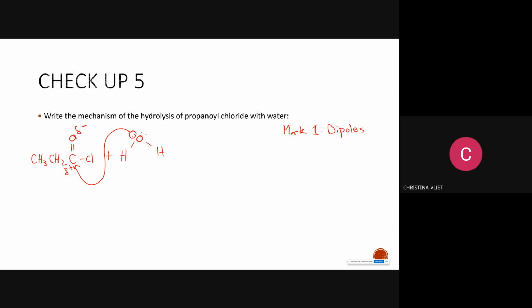Can that carbon have 5 bonds? Because remember, these 2 electrons make a covalent bond. Can that carbon have 5 bonds? If you write it with 5 bonds,